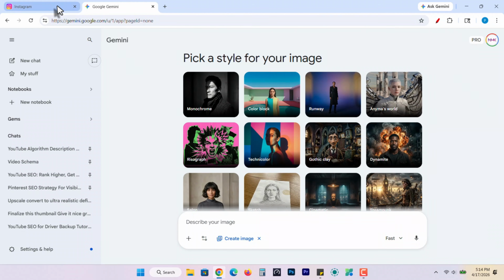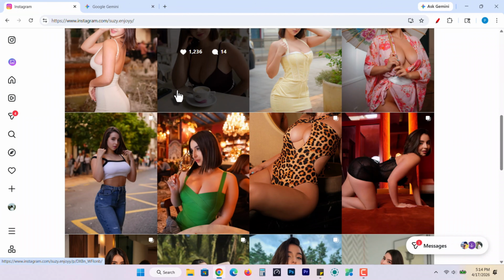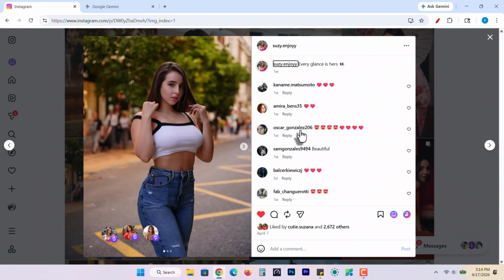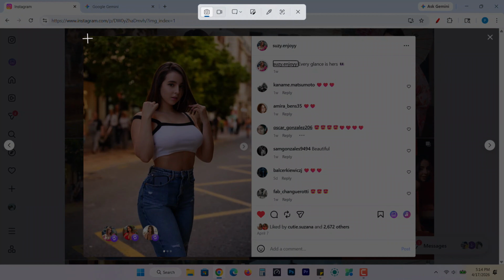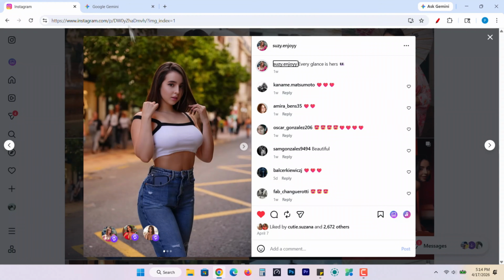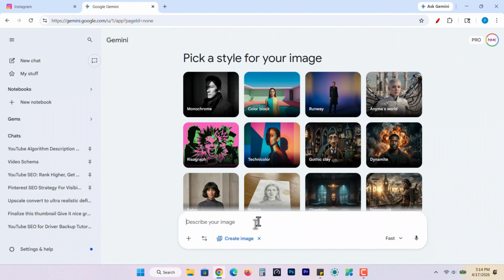So first you need to pick an image. For that I'm just going to use this model. She is cute as hell, and she is one of the best I like. So yeah, I'm going to take a screenshot and paste it over the Gemini, and then we will give the command,